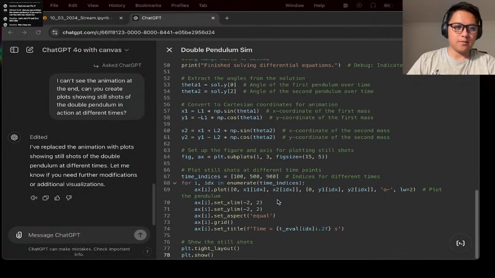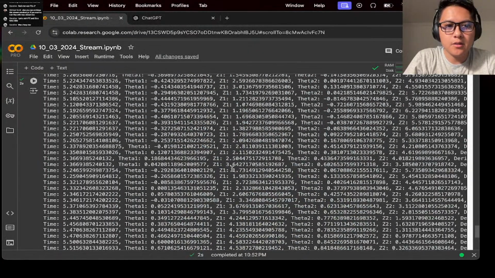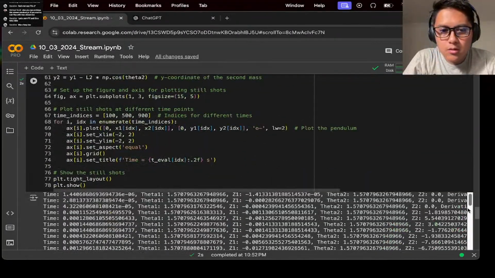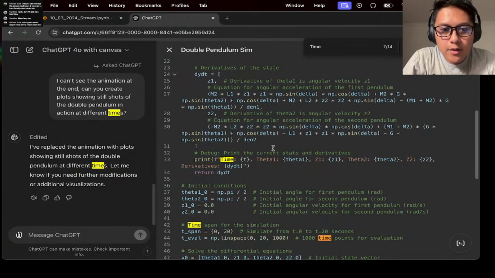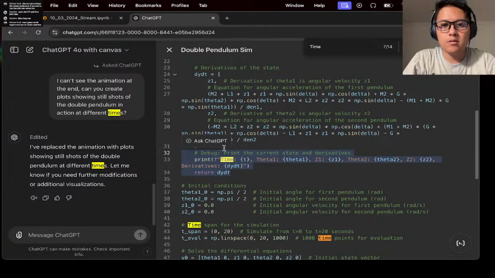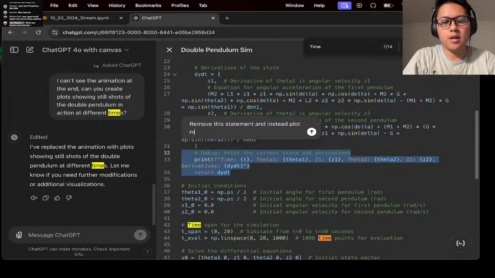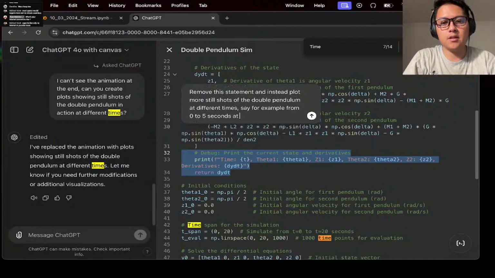So, okay, we did the Runge-Kutta integration, finish solving differential equations. Oh, I see here. Oh yeah. A lot more. For example, from 0 to 5 seconds at